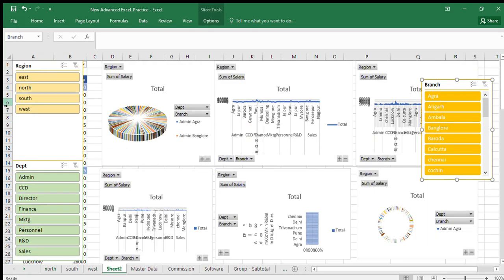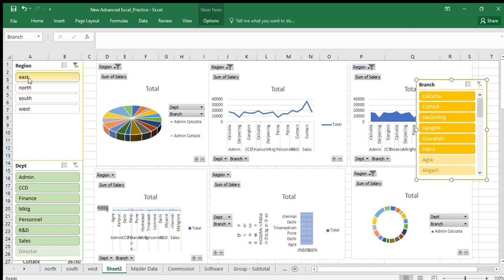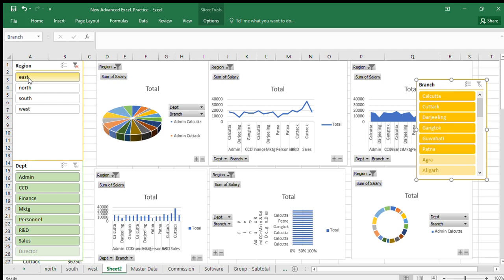Let me hide this for the bigger area on my screen. So this data for the time being is not very much clear to you. So you want to generate a region wise chart. So just on clicking you can find the region wise. On each region you can generate,